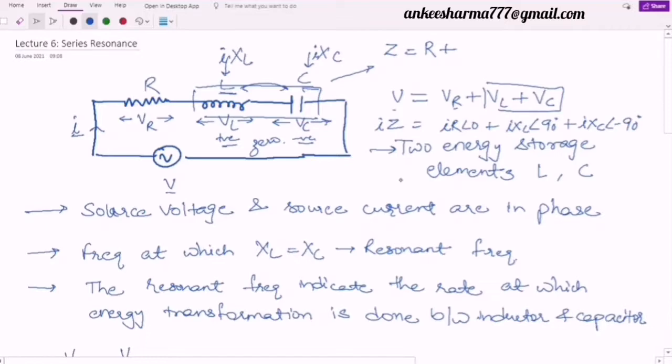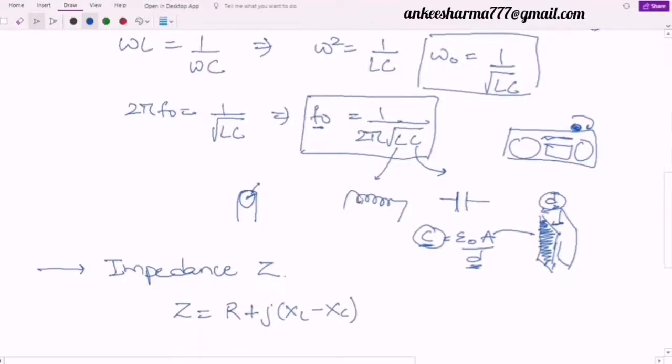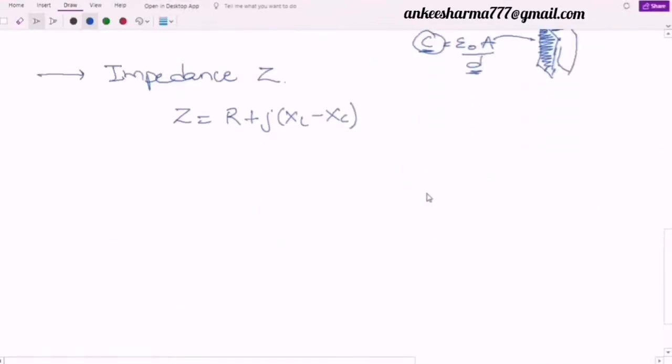So by simply introducing the concept of J for every phase shift of 90 degrees, if it is on the positive side, or the phase shift is anti-clockwise, we will simply say it is plus J of XL. If it is on the negative side, we will simply say it is minus J of XC. So from here, I have obtained this expression, that is Z is equal to R plus J of XL minus XC. That is what I have used here, right? So if you still didn't get it, just go back to that video and see how we have obtained the series RLC.